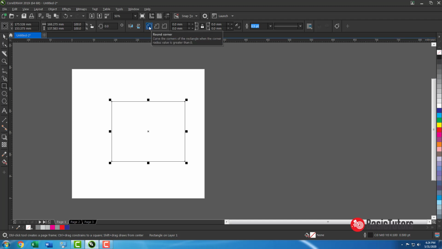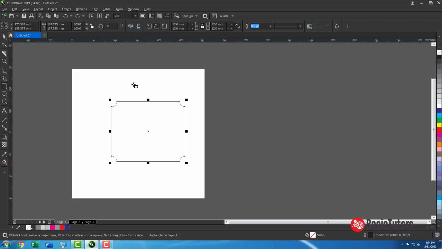Also this is called corner roundness. If this option is selected and you make any radius here, it changes like this in the corners. See, not enough, I think. Okay, you can see the radius, some curviness because of this. If you change the curve from this rounded corner to the scalloped one, you can see here this one, and this is like a chamfered corner. Okay, all those things are here.